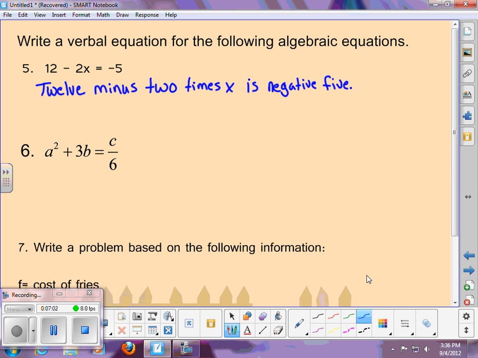And again, just to reiterate, everything is spelled out with a word. We don't use a negative sign, we spell out the word negative. 12 minus 2 times x is negative 5. It's really easy. Number 6,